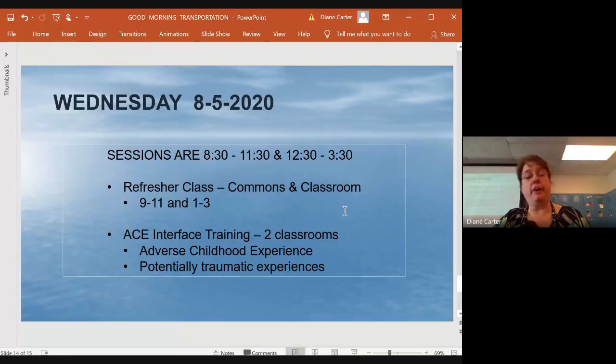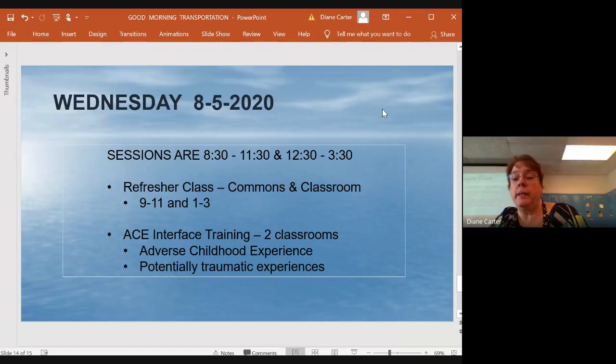For right now, you're going to park at the auditorium side. There's not as much parking space, because that's where all of central office parks also. If the parking lot is full, you can park on the other side and come in the main doors. Just come to the commons area, which is where we usually eat. We are not using the auditorium this year because of not being able to clean and sanitize it with enough time. So come towards the commons area, and there will be a table there that will tell you which way to go,